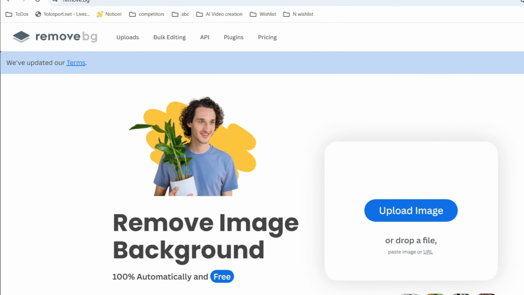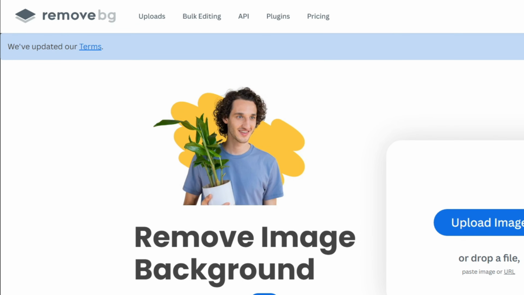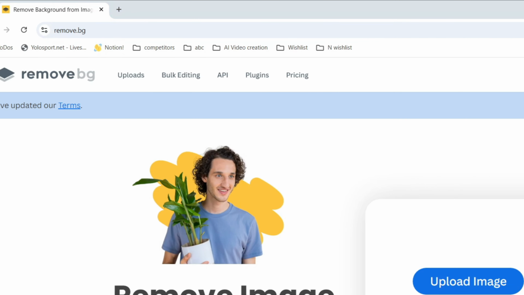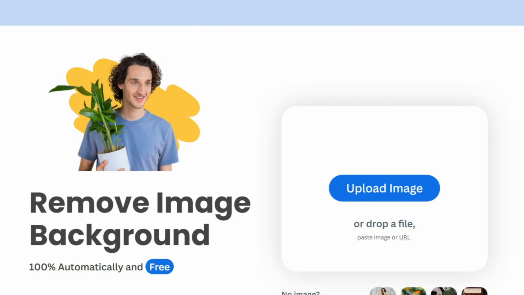Are you looking for a free background removing tool? Then in this video, I'm sharing with you remove.bg. This is one of the best web tools that you can use to remove background from your images, and it is instant. So what I'm going to do, guys, I'm going to simply go ahead and drag an image right here,